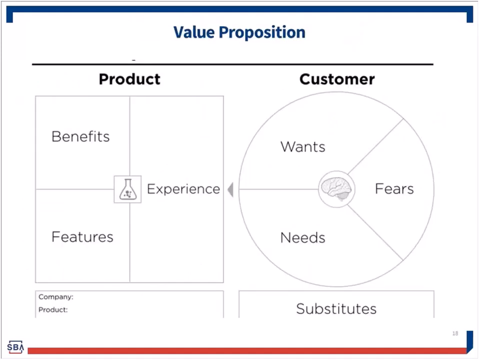So here's a fun diagram. Over on the left, you're describing your product or service. And so what are the features? If we're looking at landscaping, I've got some great tools, great equipment, I can do wonderful things for your yard. As a consumer, I'm thinking, okay, that's great, but what are the benefits? What are those tools going to do for me so I can reap the benefits and have an exceptional experience? So think through your product or service features. What are the benefits that it provides? And what kind of experience are your customers going to receive?